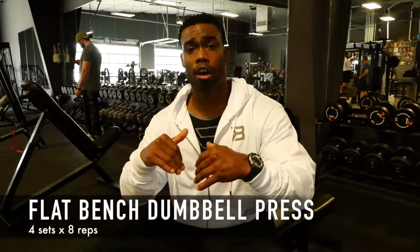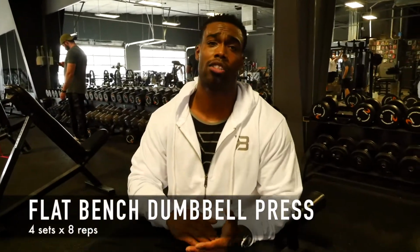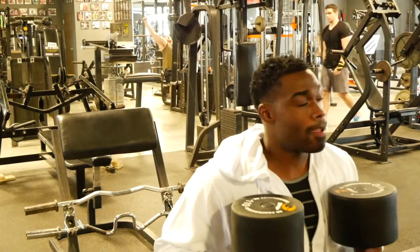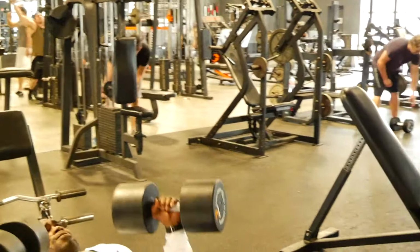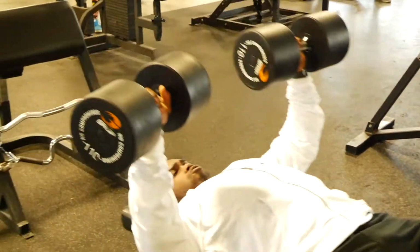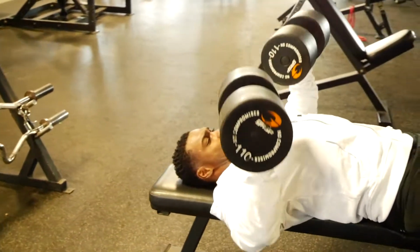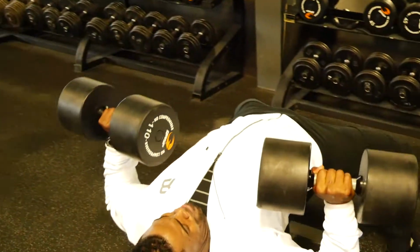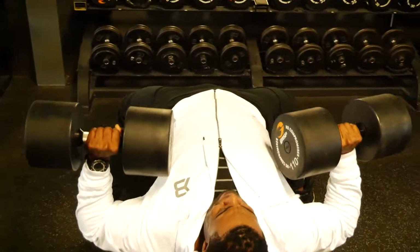And so we have dumbbell flat bench, okay? That's gonna take the place of your first fixed bar bench press. You need 4x8 over here with a good solid weight. You can move for 8 times for 4 sets. Make sure it moves nice and smooth, full range of motion. Again, we're building upon our foundation. So get a good weight, but you don't want to take it to the point where you can't finish the